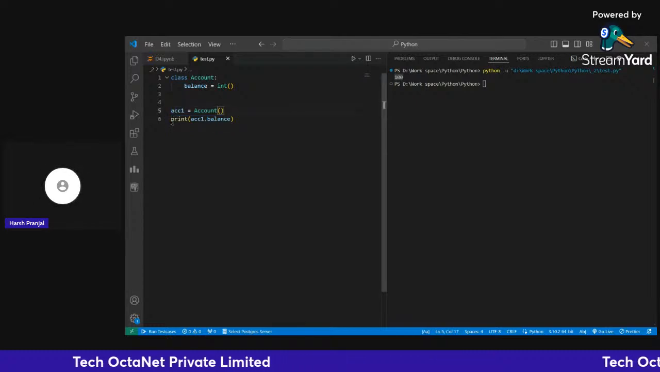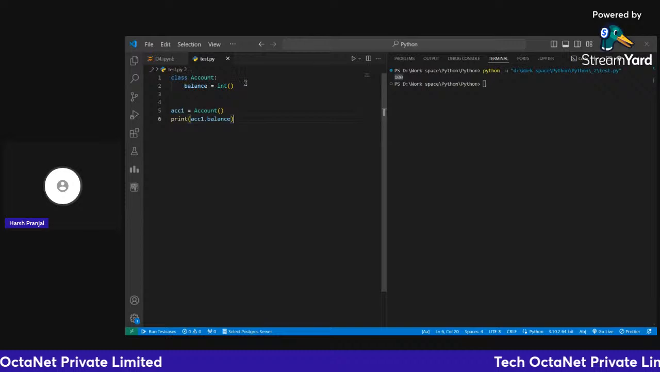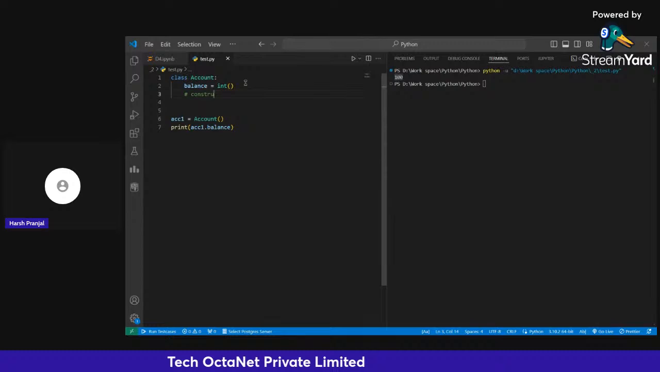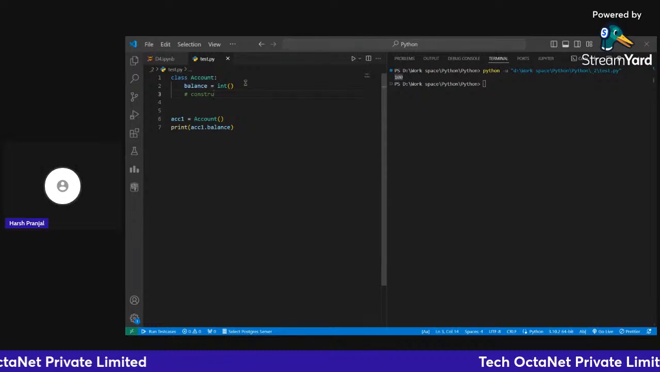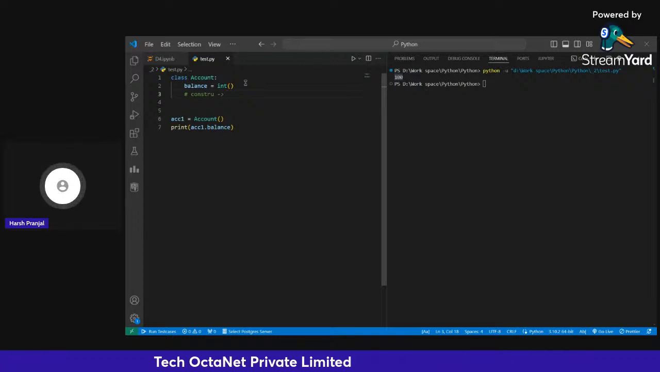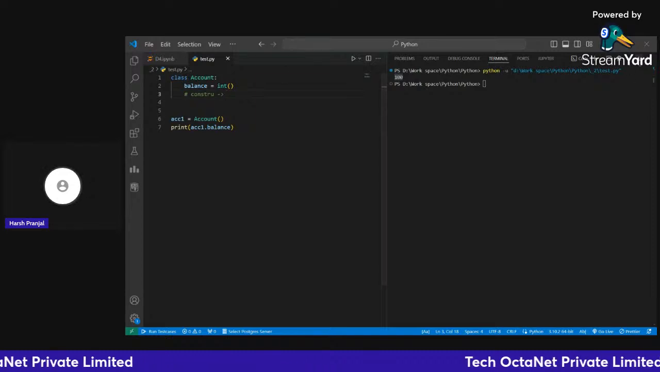Instead of this, there is one more thing we can do. That is, we define a constructor, right? And the basic definition of a constructor is: it constructs the memory for the class, for the object. It constructs the memory for the object. See,